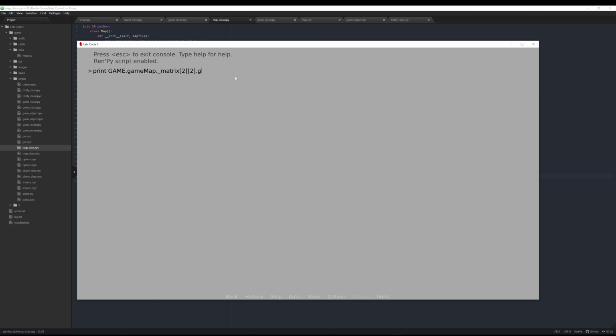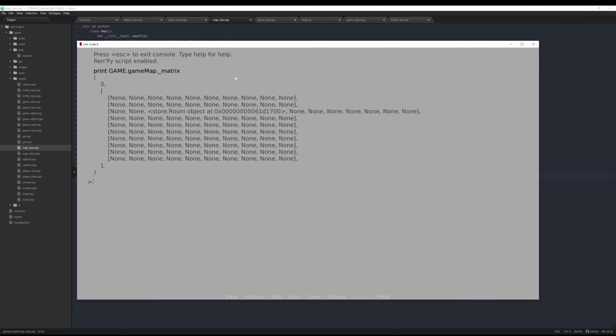But what I'm actually going to do first is print the matrix. There we go, print out matrix, and if we type that, as you can see, we've got our matrix that's there, but now instead of none in cell 2-2, we've actually got a room object created. So now if we do this again, I can print that out, and there you go. That's exactly the contents of that cell. And if I type in the size